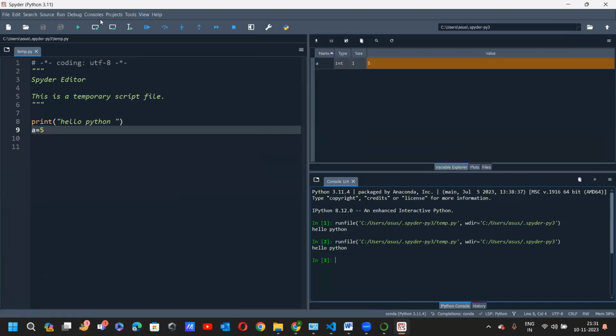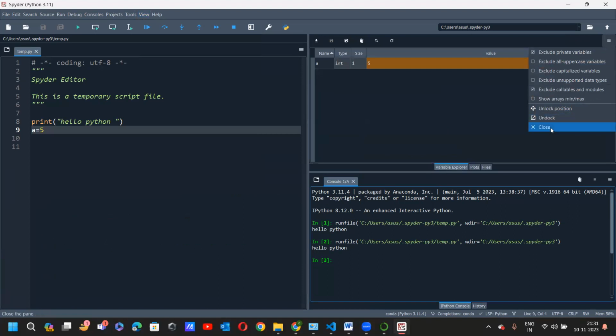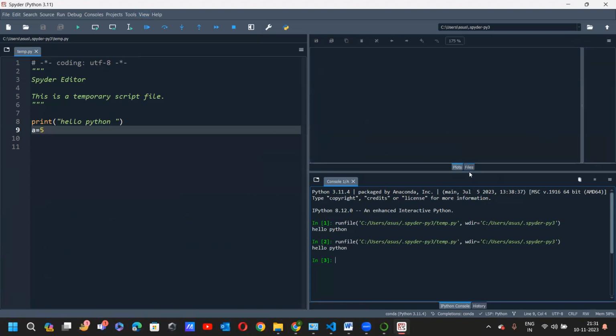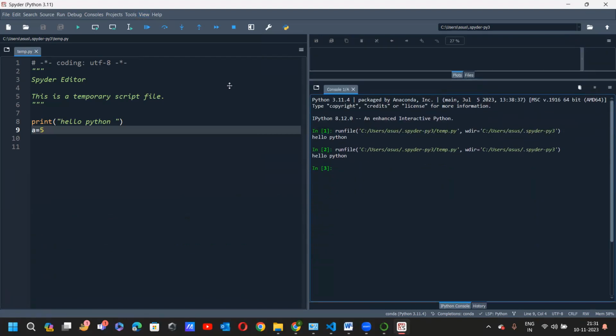You can close this if you don't want. You can just close this. You can increase, decrease, whatever you want. So a lot of things you can do. Is it clear? Maybe sometimes we will use Spyder, so you'll know more. So this is one IDE